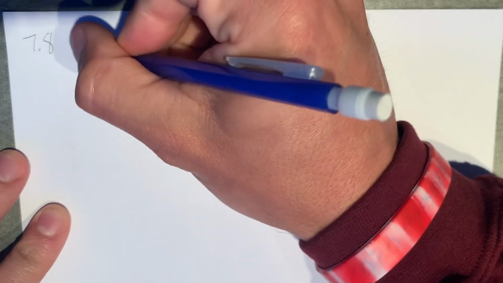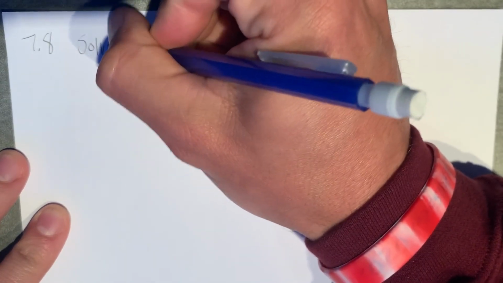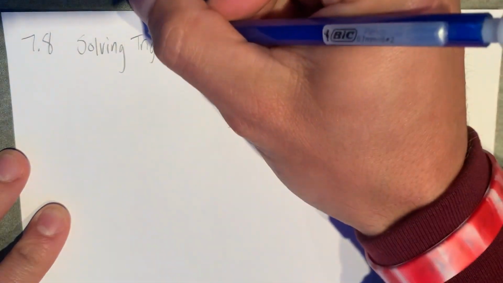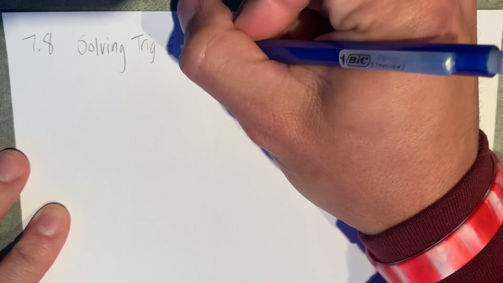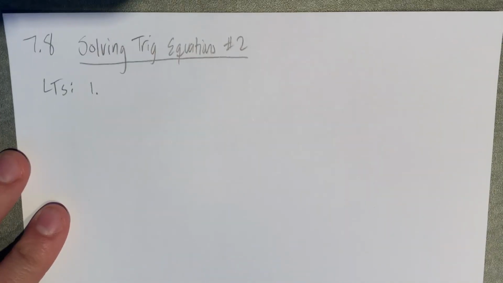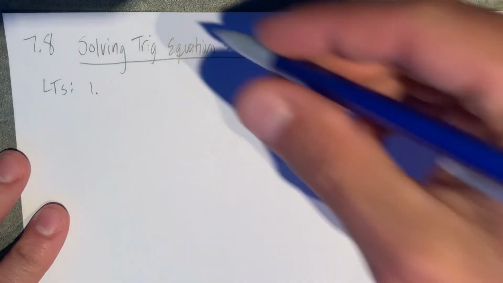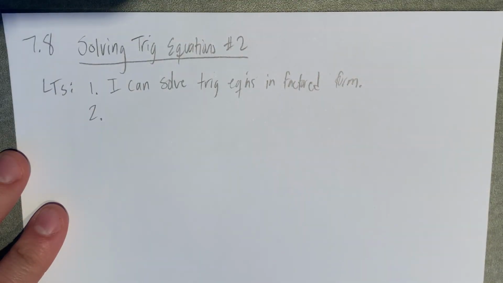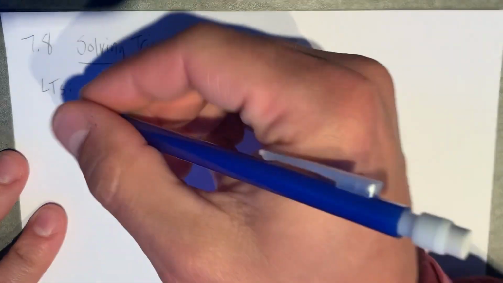So section 7.8, solving trig equations number 2, is essentially identical to section 7.7, just an extension. Some of the equations are a little bit more difficult. Some of them involve factoring, quadratics, and other things from previous sections in order to get the variable by itself. Your learning targets are: I can solve trig